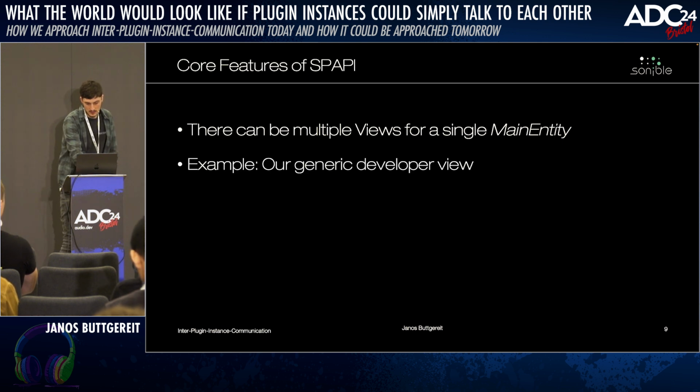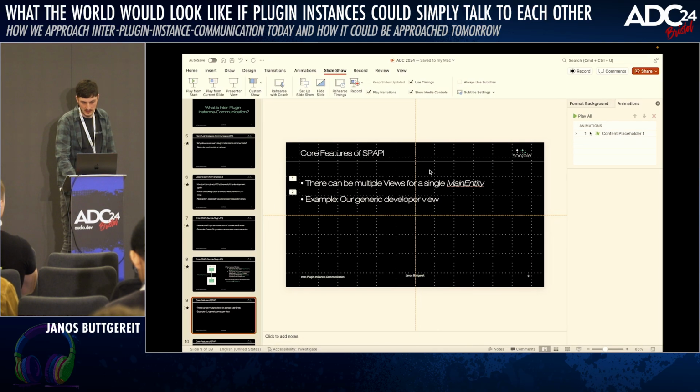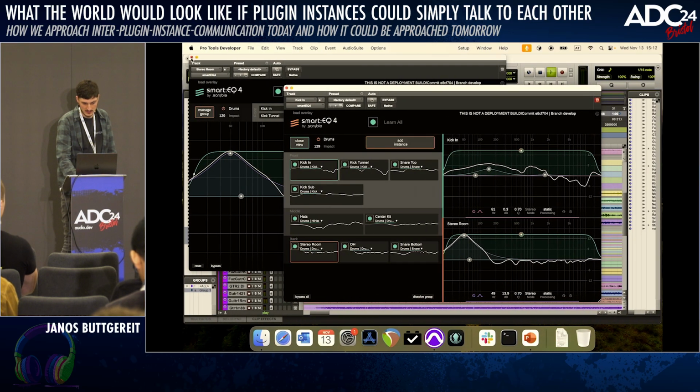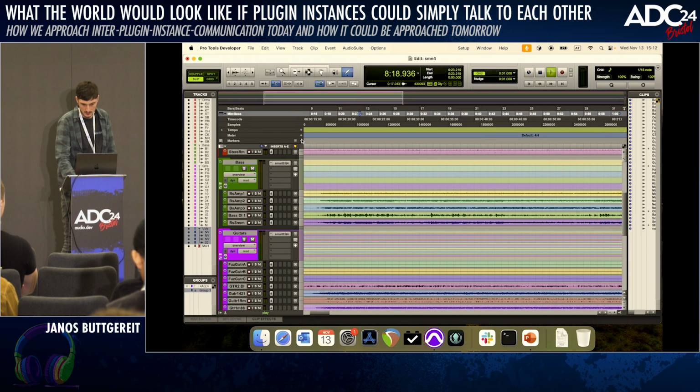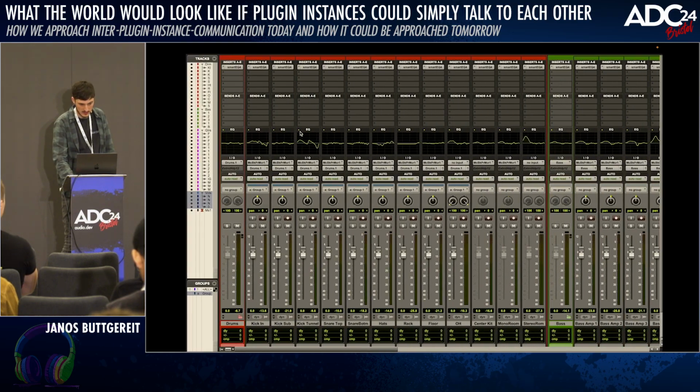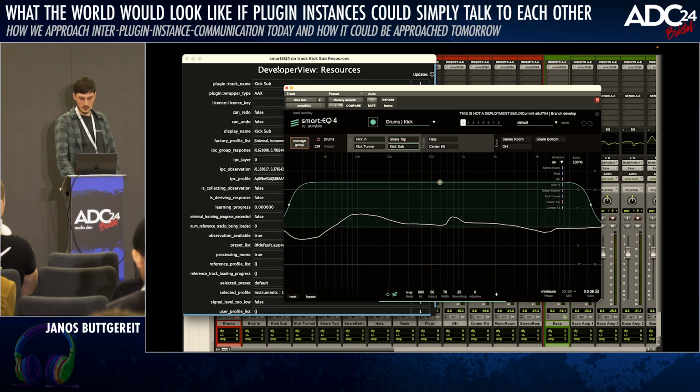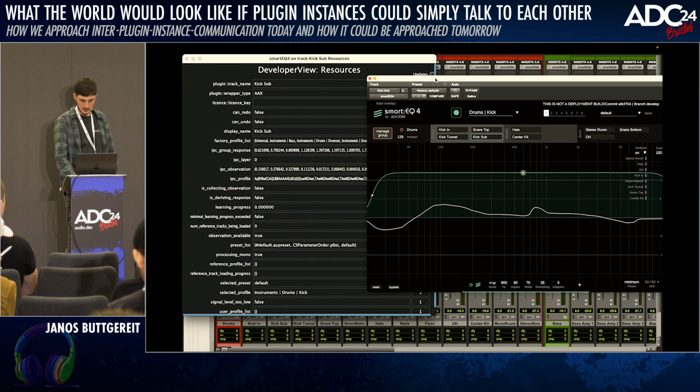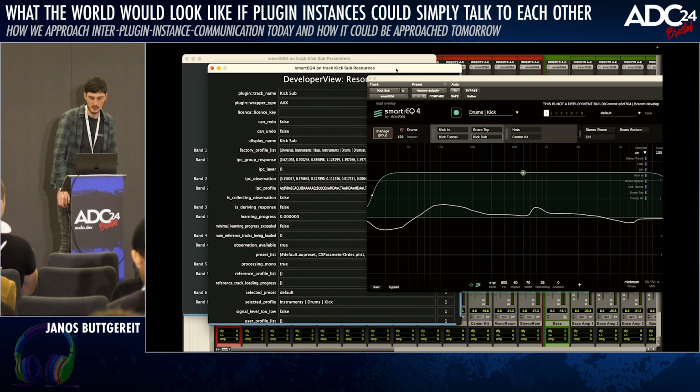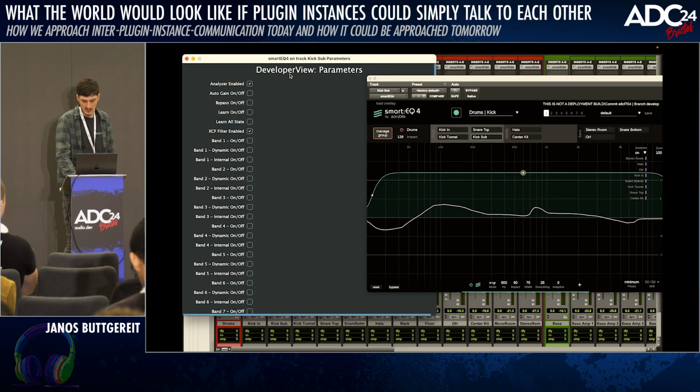And this is what I want to show you here when I switch back to my session. Where is my mix? So when I open up this window, you see these two other windows opening up. This is something we do for our internal development builds, and you see this is a development build here.